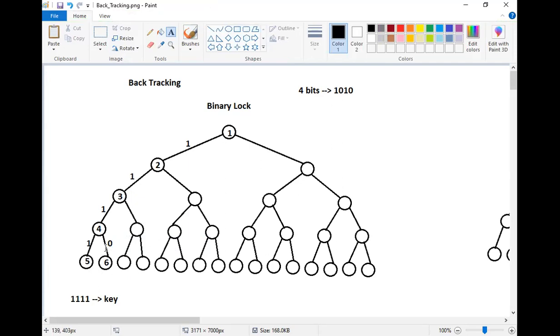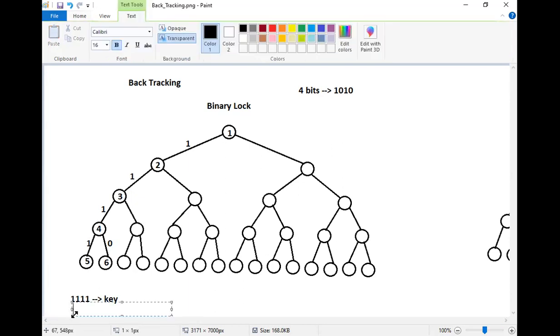Okay, see, I got one particular solution, 1, 1, 1, 1. But is it a correct solution? No. Then what do I need to do? I need to go back. Go back means to its previous node. Previous node is what? 4. Then from node 5, the other possibility I can travel is towards node 6. If I travel from node 4 to node 6, what is the path involved in that? It is 0.